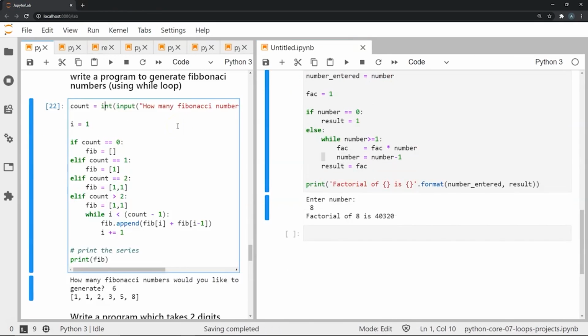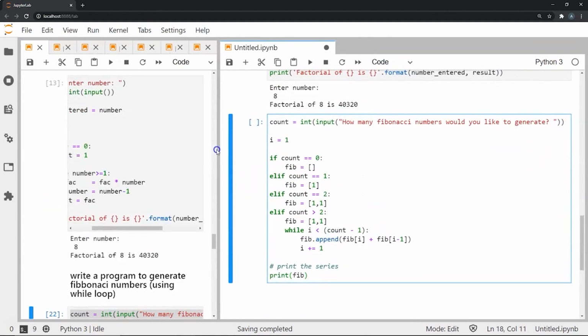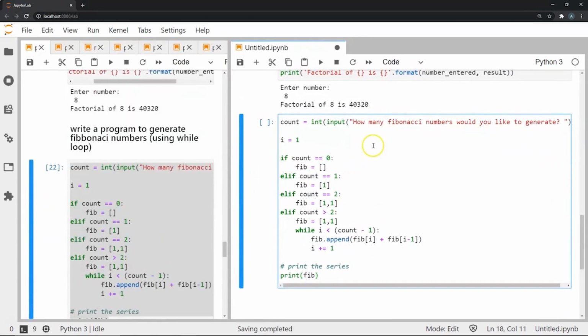Okay, so now in our next example, we will be looking at how we can generate Fibonacci numbers. For this example, we will be using a bunch of if and else if statements along with a while loop. So let's look at this piece of code where we are actually doing this. As you can see, the first part of the code is basically an input statement asking us how many Fibonacci numbers we would like to generate. And then the user would be asked to give an input, which is stored as an int into a variable